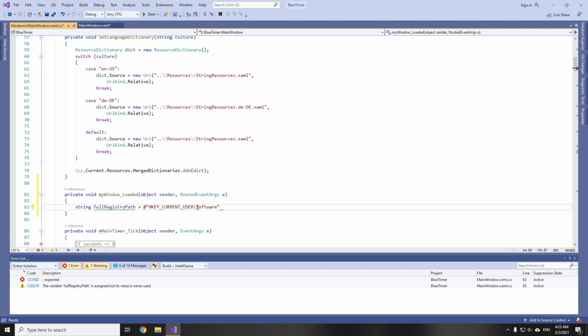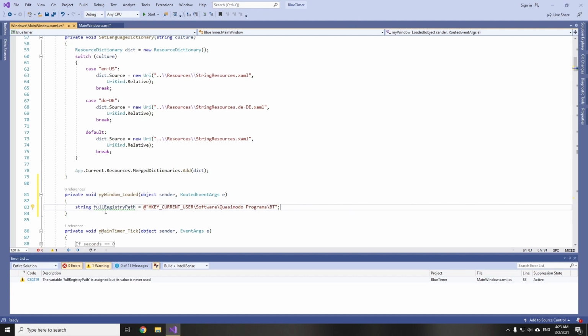Well, I suggest that you put it here, and usually here goes the company name. I will just put Quasimodo programs, and here goes again usually the product name. So let it be BT, which stands for Blue Timer.